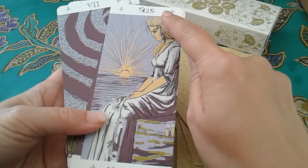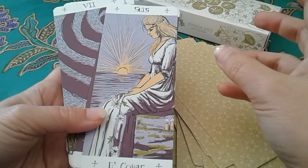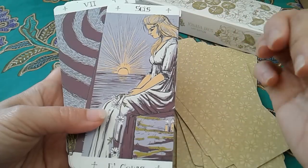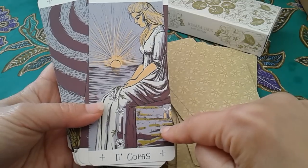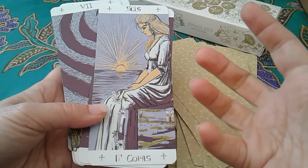People mention Portuguese as well, and so I'm not quite sure. I'm very ignorant about that part of the world, but I believe I read somewhere that these are Galician, which perhaps may be similar to Portuguese. I'm not sure. So this is the Six of Cups, and in the Rider-Waite-Smith understanding of the Six of Cups,